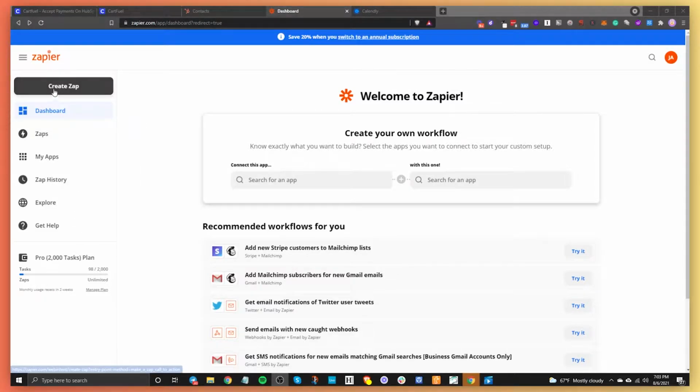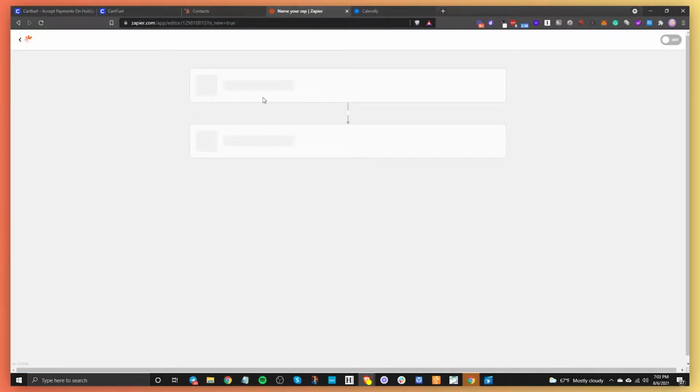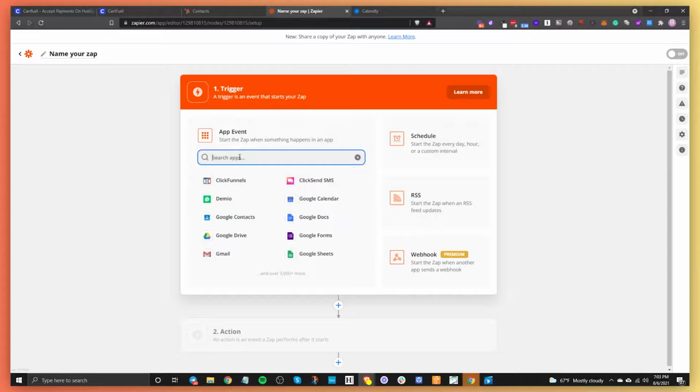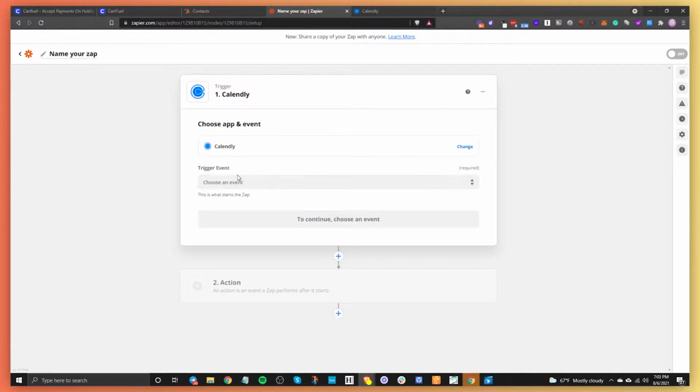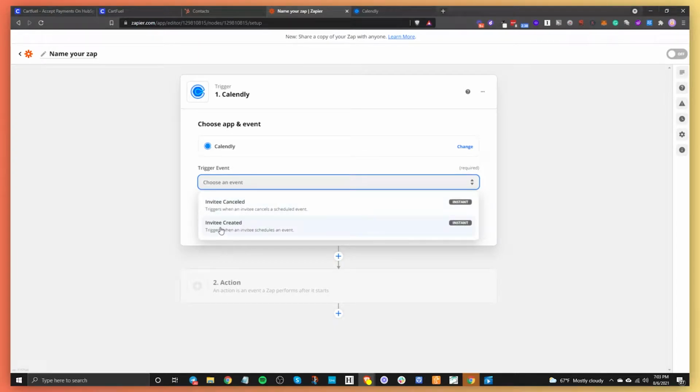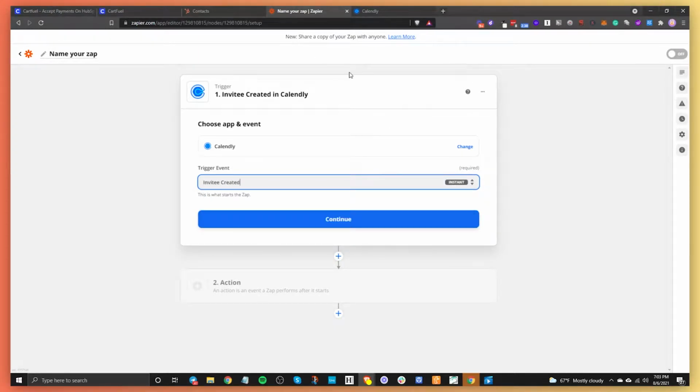So once you have your Zapier account, you're going to click on Create Zap. And what we're going to do is search for Calendly. Just type in Calendly in here, and then you select it. And what we're going to do is trigger event, so when an invitee is created, so basically whenever someone schedules a call,